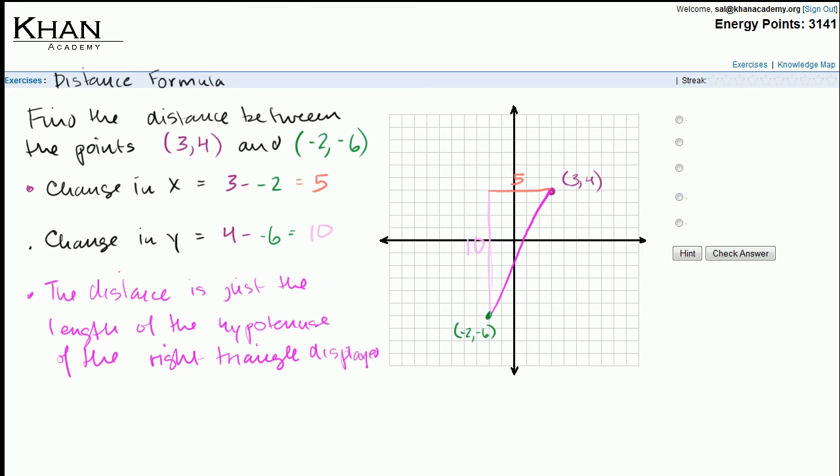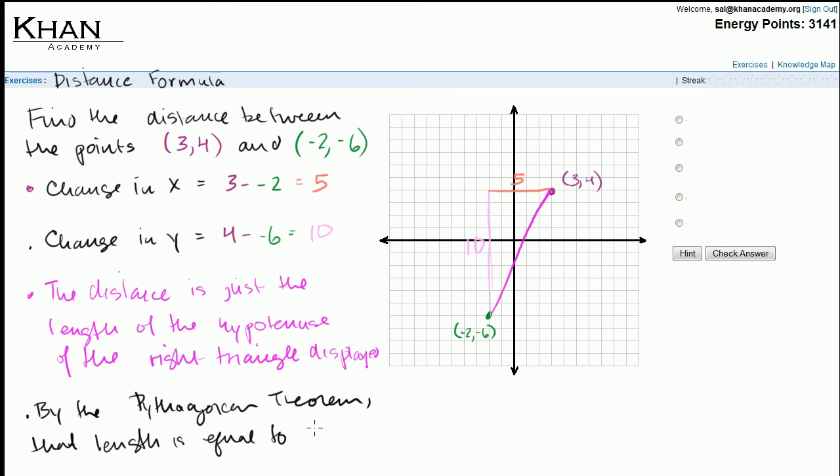And then if the student clicks hint again, by the Pythagorean theorem, that length is equal to the square root of 5 squared plus 10 squared, which is equal to the square root of